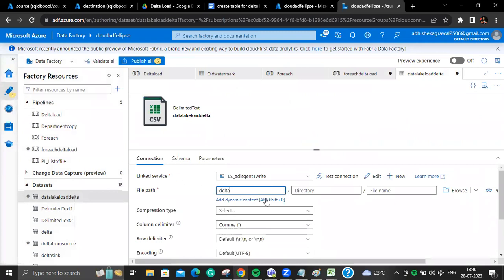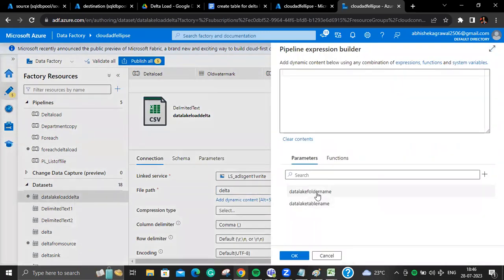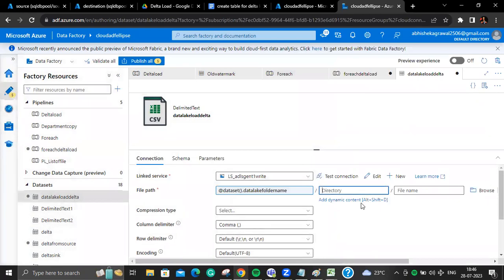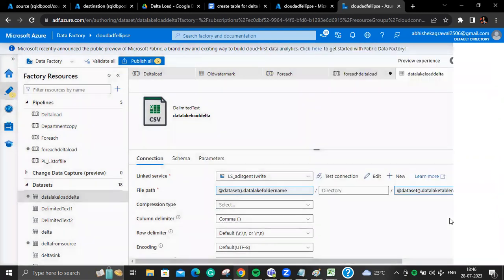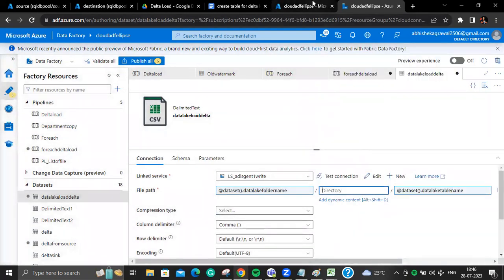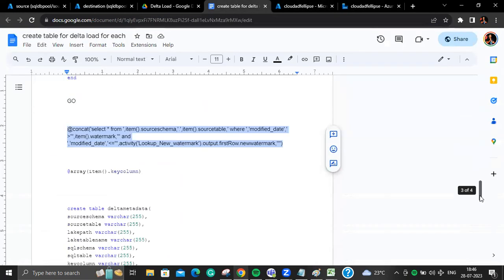So here I am passing the lake folder name over here. Same thing, and lake file name, table name or file name, anything. Okay, that's all. Directory we will pass dynamically. Dynamically we will pass, and we will add